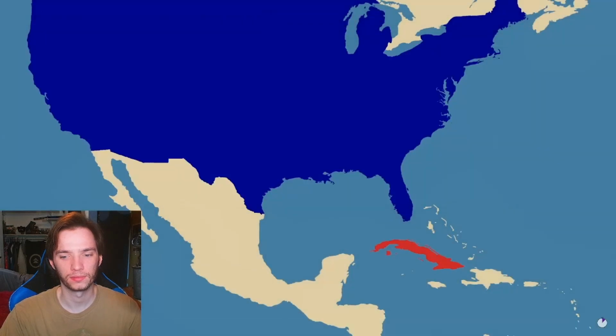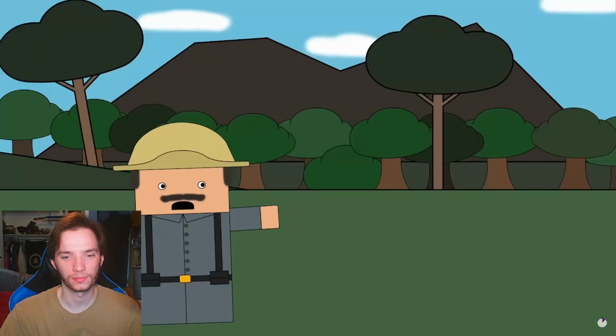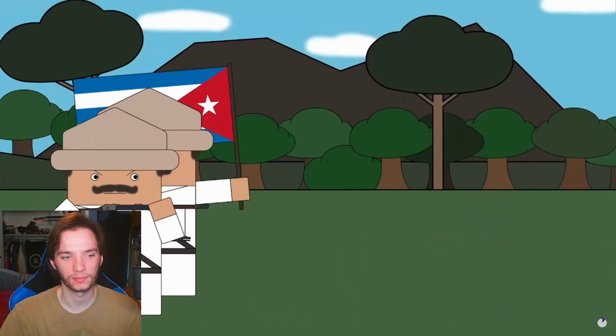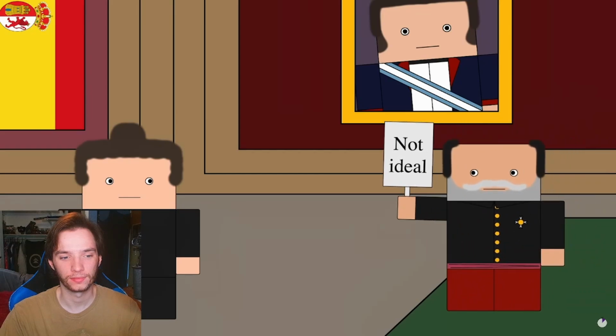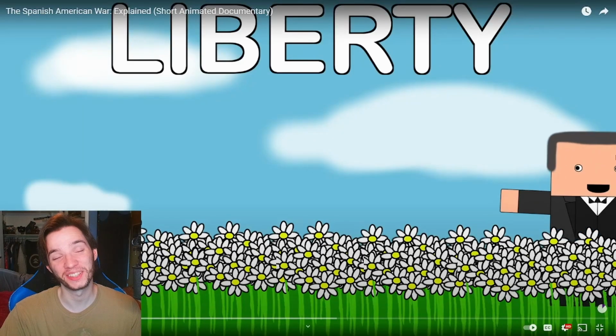What was it upset about? Well, it was the island to its south, Cuba, which at this point was a Spanish colony, and was also rebelling against said Spanish rule. This rebellion kicked off in 1895 and had some pretty unfortunate timing. I mean, rebellions are always pretty badly timed for those being rebelled against, but it coincided with the spectacular rise